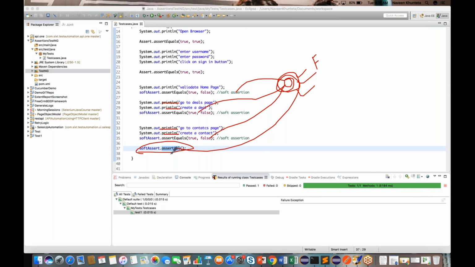If you don't write soft assert dot assert all, it will not assert. It will simply mark your test case as failed. So assert all is very important to write, guys. Okay, so